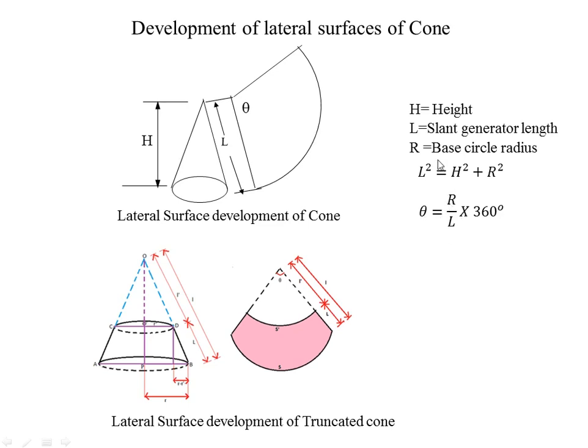We know r is nothing but the base circle radius, that means this circle radius r. Next, L is the slant length, the generator. If you don't know the slant length, we have to find it out by Pythagoras: L square is equal to h square plus r square. By this formula we can find out its slant length. Now